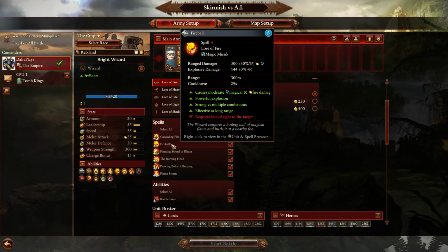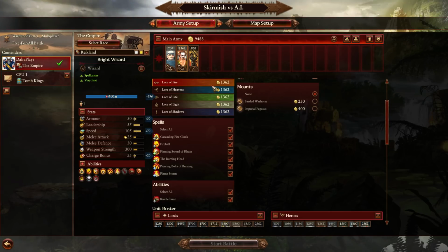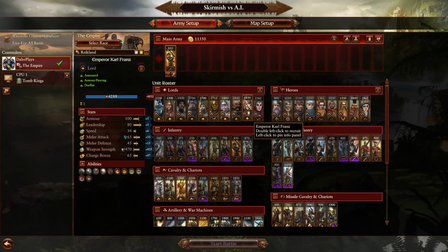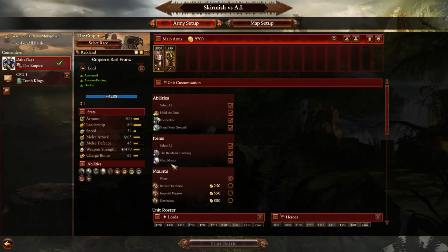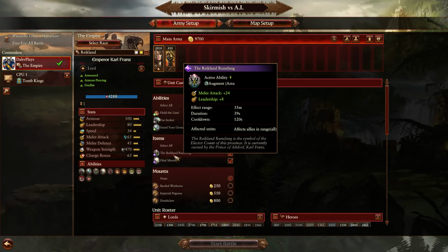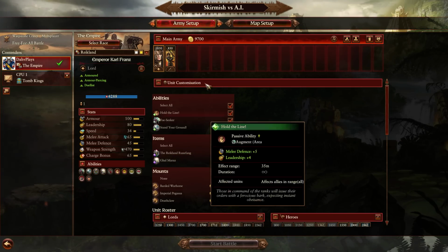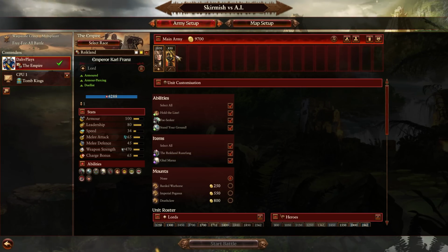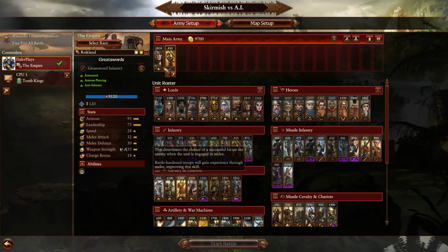Burning Head, obviously, always a good spell, but yeah, there's some limited synergy here. Of course, you've also got Carl himself, it should be noted, has the Reichland Runefang, which we did see there, melee attack and leadership buff in an AoE, helps with the relatively low melee and defense attack stats. Also, he has Stand Your Ground, so you can buff both of them simultaneously,